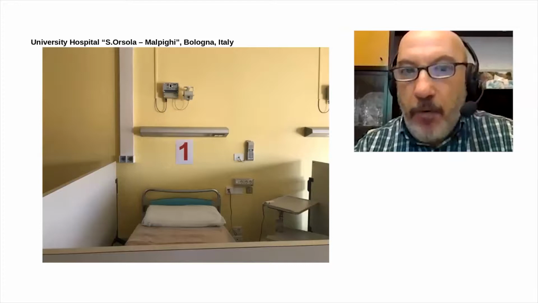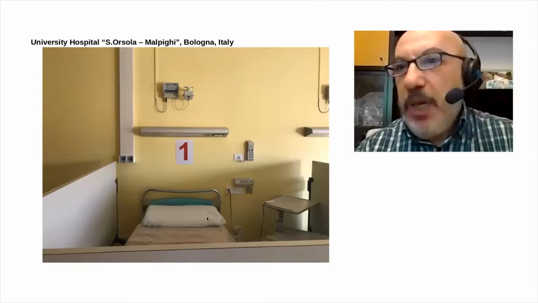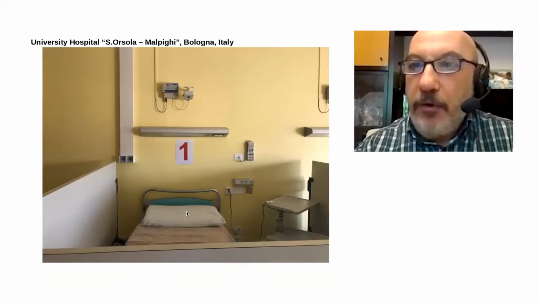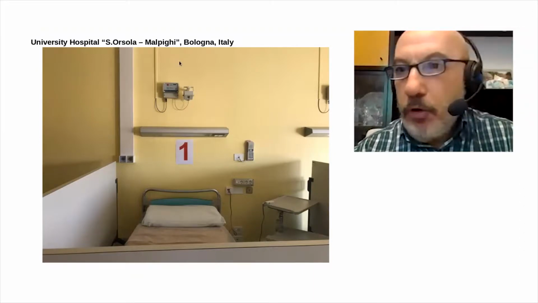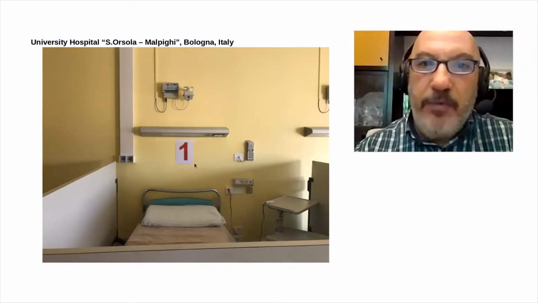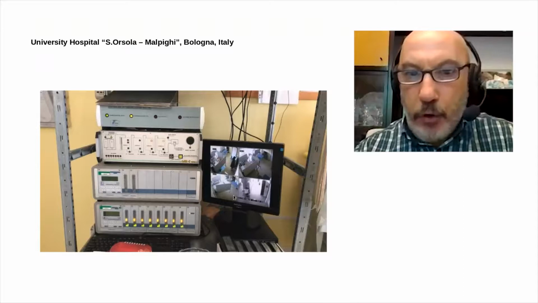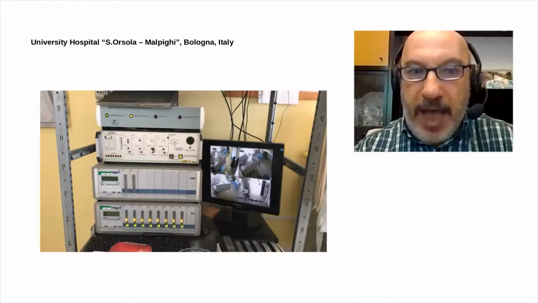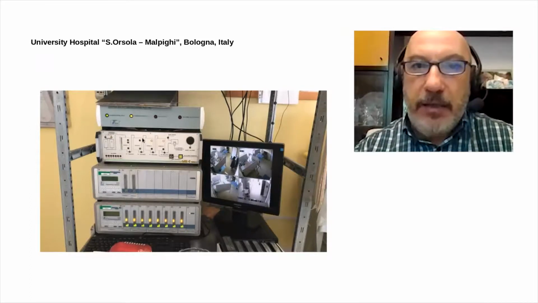You can see that on top of each bed, there is a radiation monitor that is focused, let's say, on the body of the patient and allows to check if the patient is in bed. And also this information can be used, sampling at appropriate times, to measure the whole body retention curve of activity in the body of the patient. This is the workstation that allows the nurses to monitor the rooms, to receive the signal from all the dosimeters, and also this is the panel of the system of tanks that collects the radioactive waste.